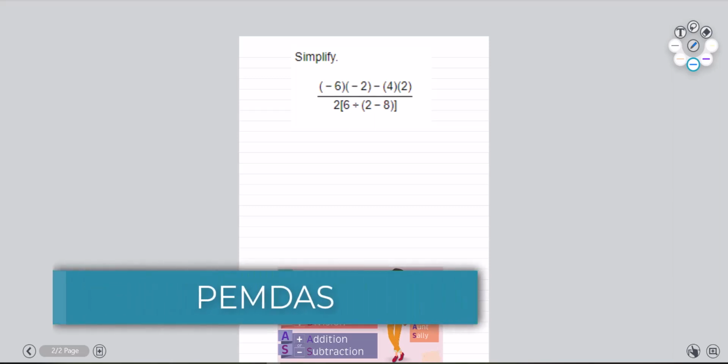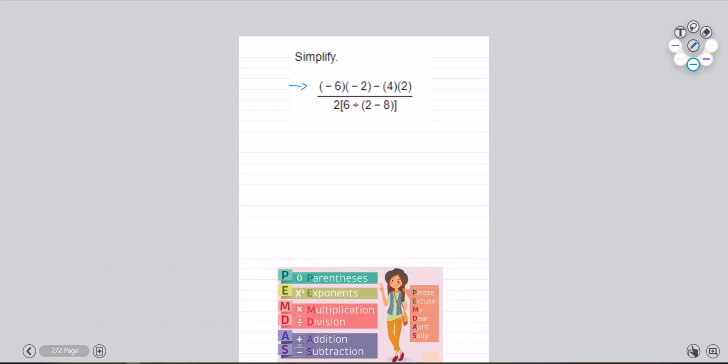Okay, let's say we're asked to simplify this expression. Now, what I do is I work the top and then I work the bottom and then do any combinations that I need. So remember the "Please Excuse My Dear Aunt Sally", which is the order, which says do parentheses